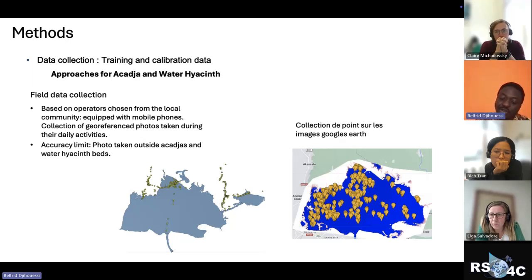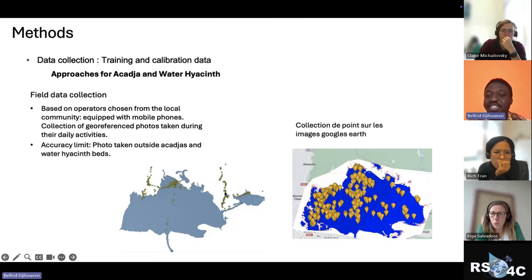So it means that we have a coordinate of an object, but the object is not really at that point. It is like 10 meters away or 5 meters away. So it is a very difficult problem in detection. So since that approach was not really working fine, we now try to look at training